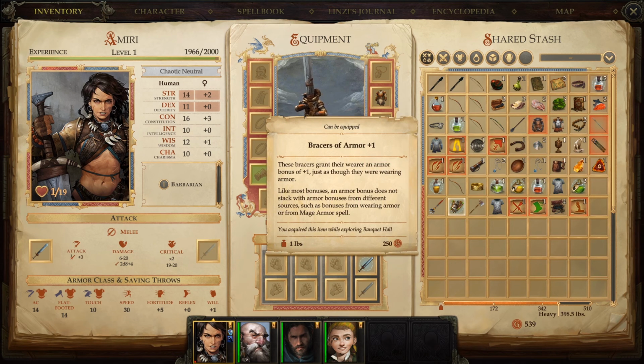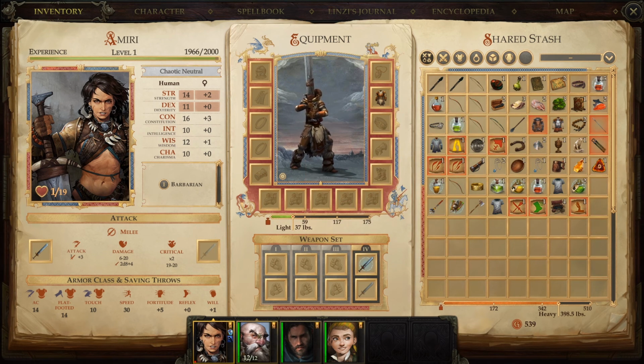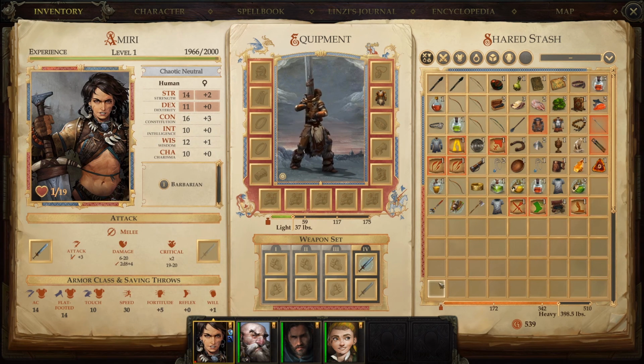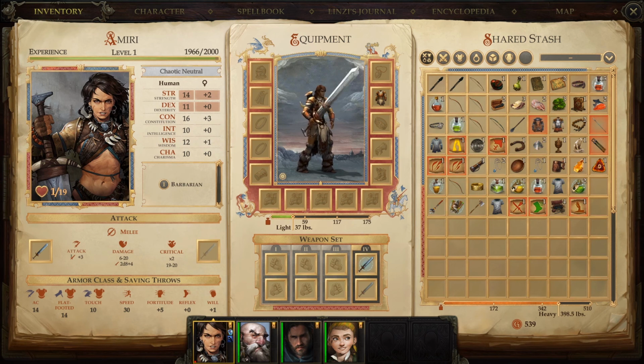So braces of +1 armour. Like most bonuses, doesn't stack with... Well, you have no armor bonuses, do you? Or do we give it to the cleric? What is your armor? No, I feel like Amari's going to have to be our fake tank. As much as I'd like Aram to be our tank, he is going to be buffing people before we go into battle. So really, all the target is going to go into Amari. So she needs that extra...